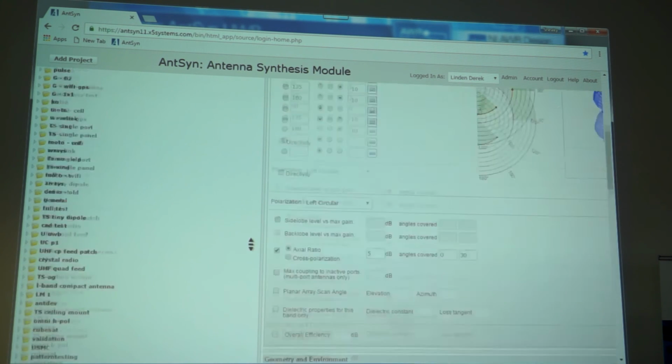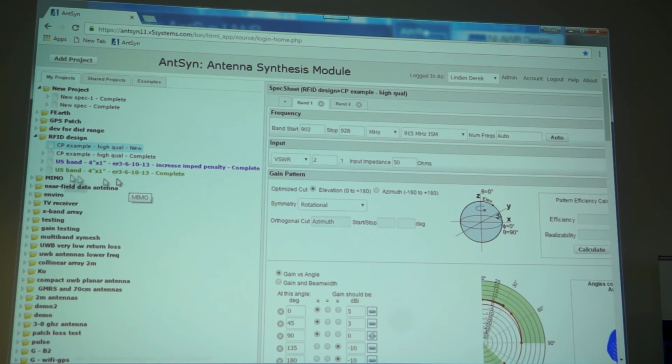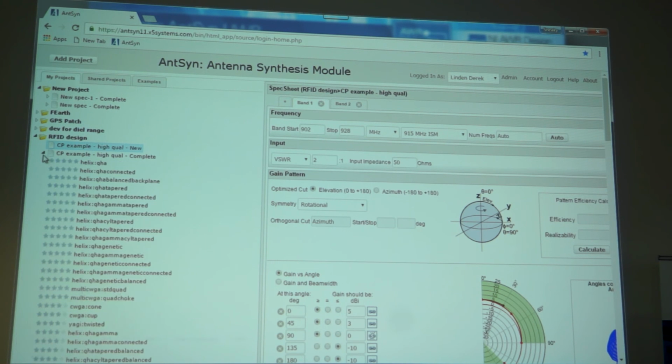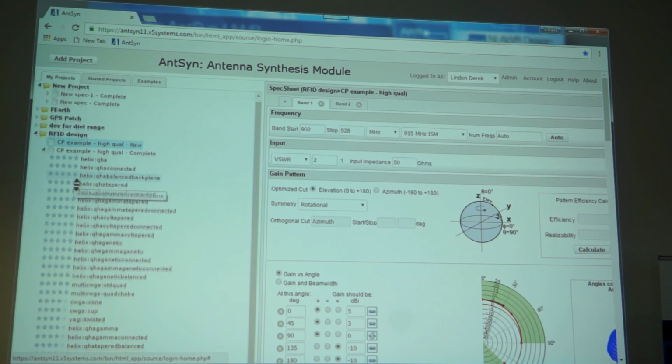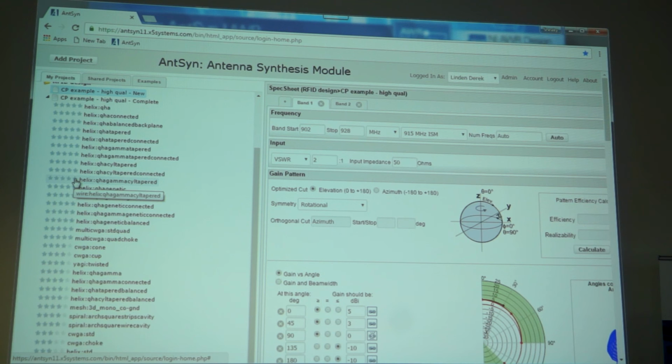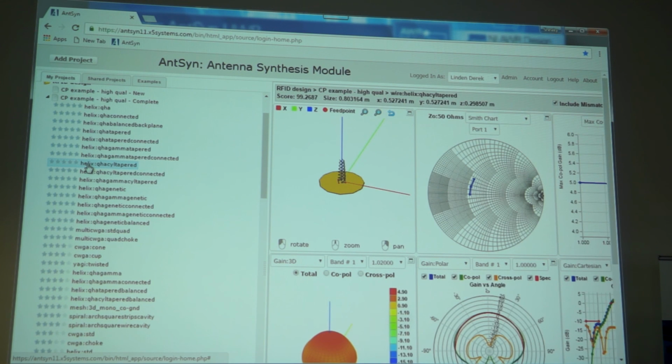And once you run the spec sheet, you can get lots of designs out. Now you can pre-select certain designs, and you only get a few of those. But if you allow the system to select designs for you based on your specs, it usually tries to cast a very wide net over the different kinds of designs that are appropriate for your spec, and you can get